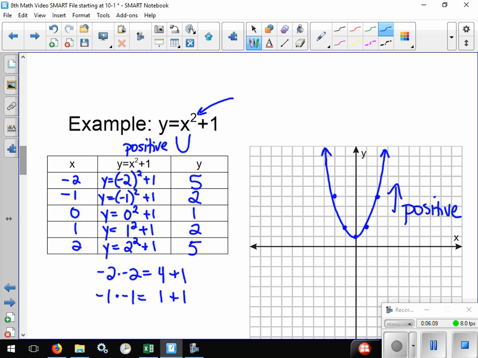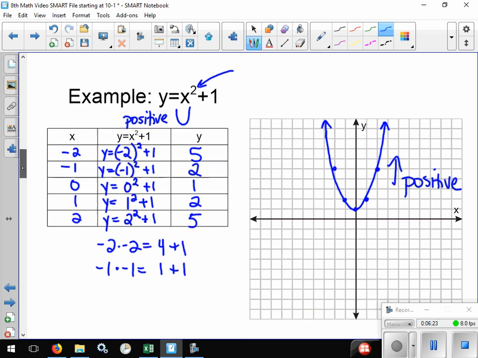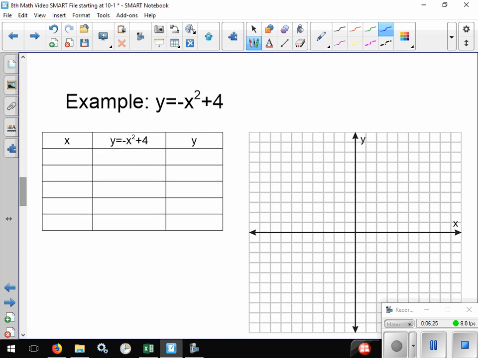Okay, all you do is graph it. That's it, and you're done. In this case, you have to give me 5 points because that really shows us the U. You need 5 points. Usually you use 0 as your middle, and then 2 negative, 2 positive. Okay? Let's try the next set. And again, negative 2, negative 1, 0, 1, 2. You're going to want to print screen these so you have good examples to work from when doing